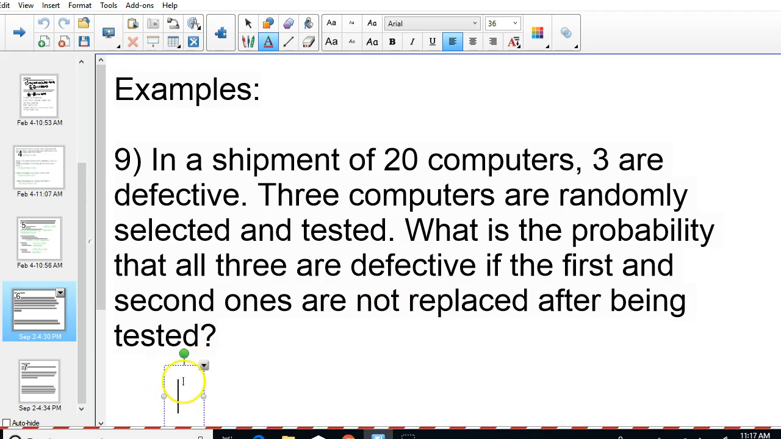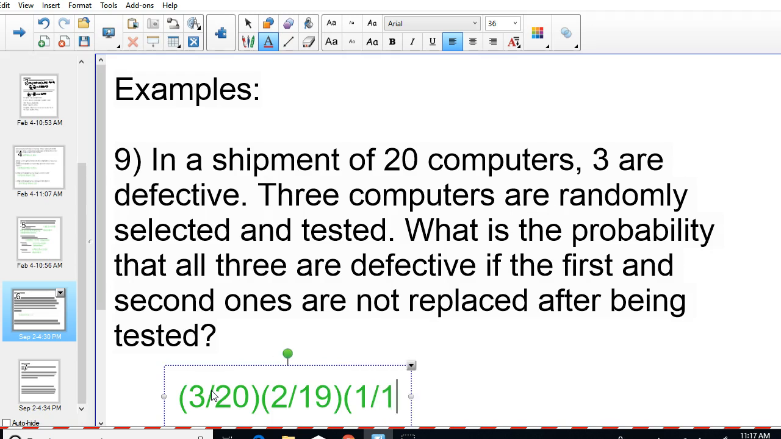So here, how many computers are defective? 3 out of the 20. That's the probability that you get one of the defective computers for the first computer. That leaves you 2 defective computers out of how many? 19. And then 1 defective computer out of 18. So 3 out of 20 times 2 out of 19 times 1 out of 18